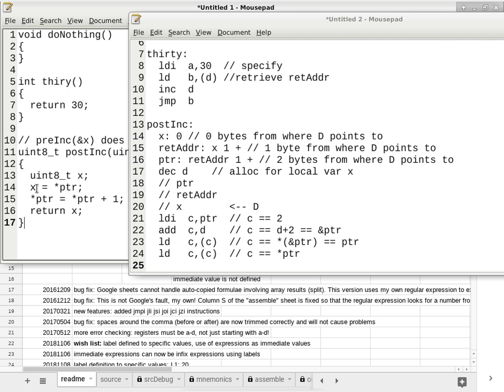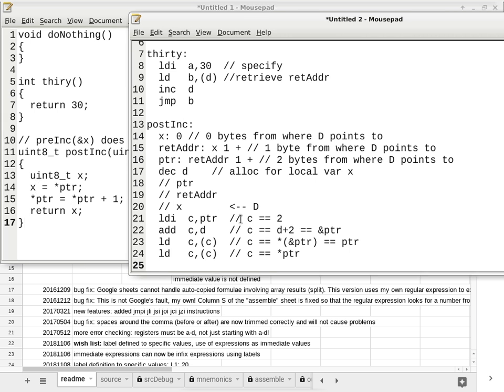But what about the left-hand side? Where am I going to store that? I'm going to store that into X. What is still pointing at X at this point? Register D, my stack pointer. All of these calculations do not change register D. So register D is still pointing to my local variable X. Oh, that is really handy,